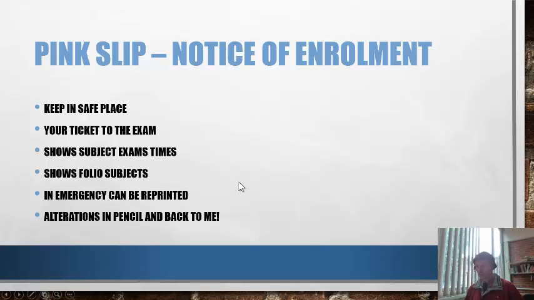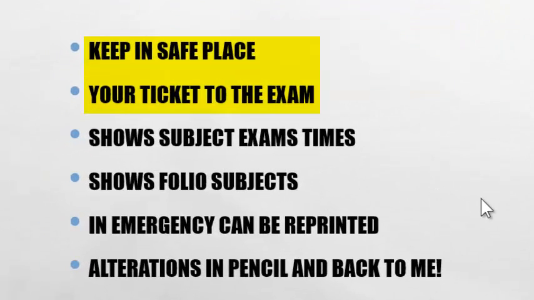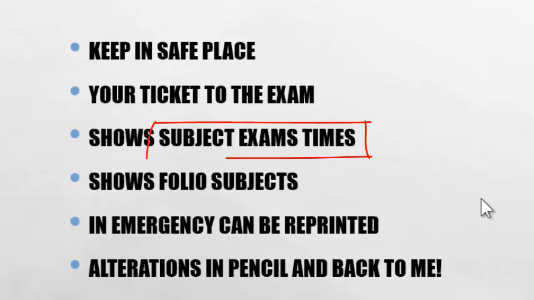you about the pink slip that you got in front of you. It's called the Notice of Environment. You need to keep it in a safe place. It's essentially your ticket to the exam. On there you'll see the subject exam times, but also it'll show whether you are doing a folio. So if you're doing one or more folio subjects, you'll obviously have less exam times, and that's all on that